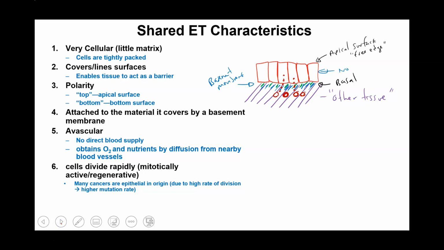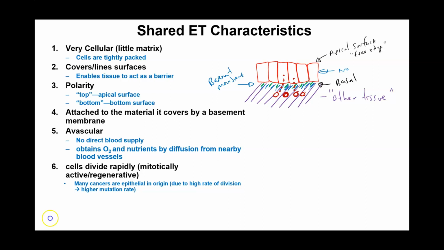And oddly enough, epithelial cells are highly regenerative. In other words, they divide rapidly. Now, on one hand, this makes sense because epithelial tissues cover surfaces and are therefore subjected to wear and tear, and you would expect they would need to replace themselves regularly, right? But it is a little odd that a highly regenerative set of tissues does not have a direct blood supply, because typically you would expect highly regenerative tissues to be highly vascular, because it's the blood that carries the nutrients and building materials and oxygen to